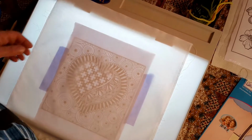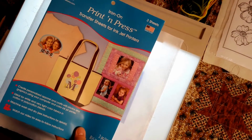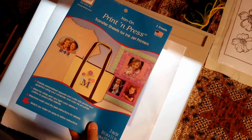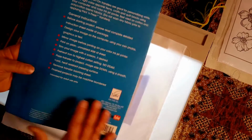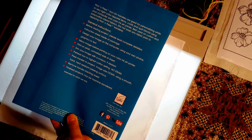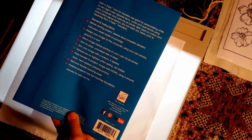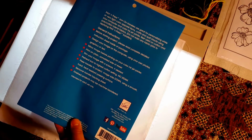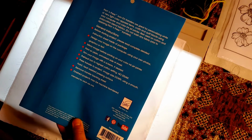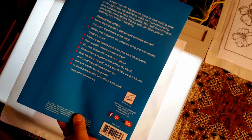If you don't want to take the time to trace over the pattern, and there are some nice coloring book patterns you can get free online, you can print it onto transfer sheets and then iron it onto your fabric. They tell you to please read the detailed instruction sheet, but you print your image. They suggest you mirror it, but this is a coloring book page, so who cares if you mirror it or not, you're just going to stitch over it anyway. Trim your image, preheat your iron to the highest cotton setting, do not use steam,